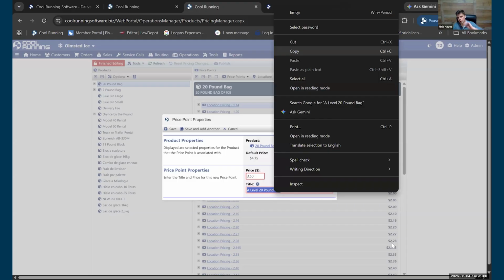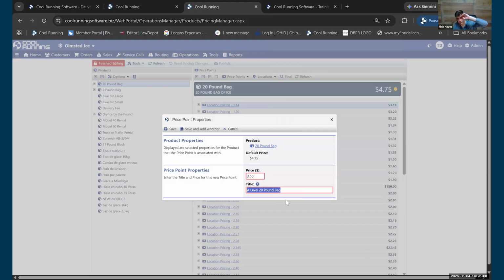So why don't you just call them all A level? Because then you could do one for a 7-pound bag as A level and a 10-pound as A level. Yeah, absolutely. You could. Okay, so